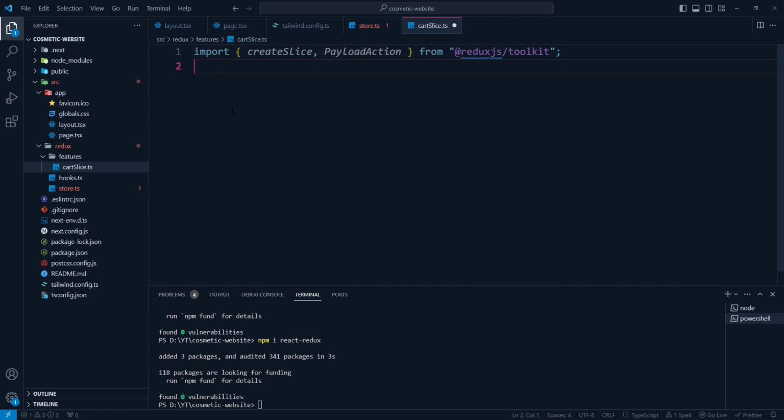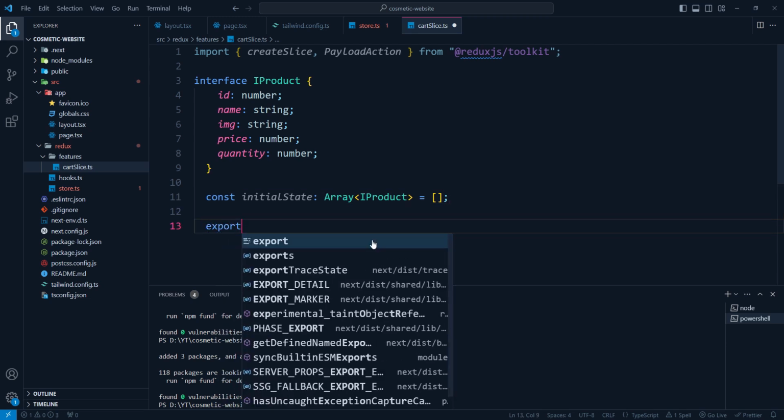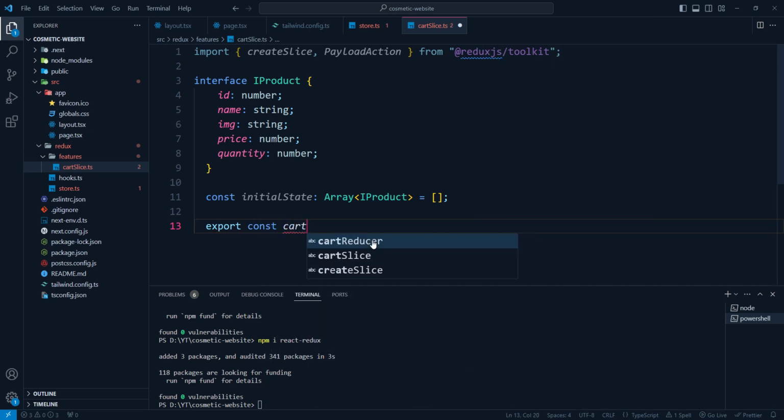Okay, and then we will be having an interface called IProduct. Okay, interface IProduct which will have id, name, image, price, quantity, and then we have an initial state of it, which will be an array of IProduct. Okay, default value would be an empty array, and then we will export const cartSlice equals createSlice,